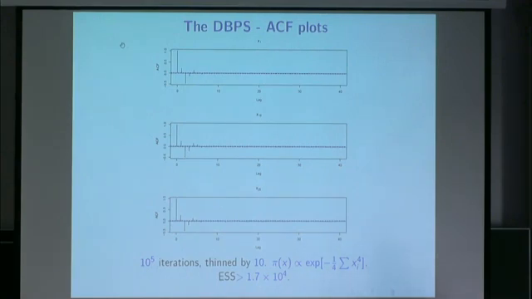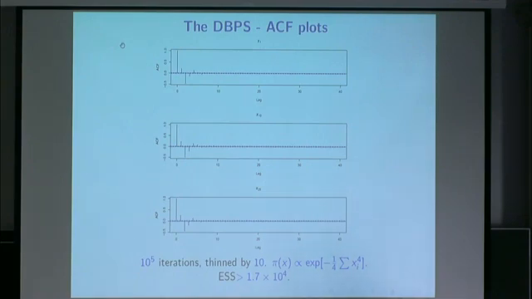So this is a standard MCMC algorithm, except it's non-reversible. Here's the ACF plots. You see these in several papers on the Bouncy Particle Sampler, and they look fantastic. This is in dimension 25. I've just picked out 3 components at random, the 1st, the 10th, and the 25th. But since they're all the same, it doesn't matter.